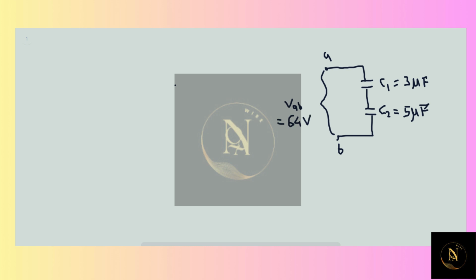So the potential difference between the points A and B is 64 volt, and the two capacitors C1 and C2 are connected in series. And in the first part of the problem, we are asked to calculate the charge on